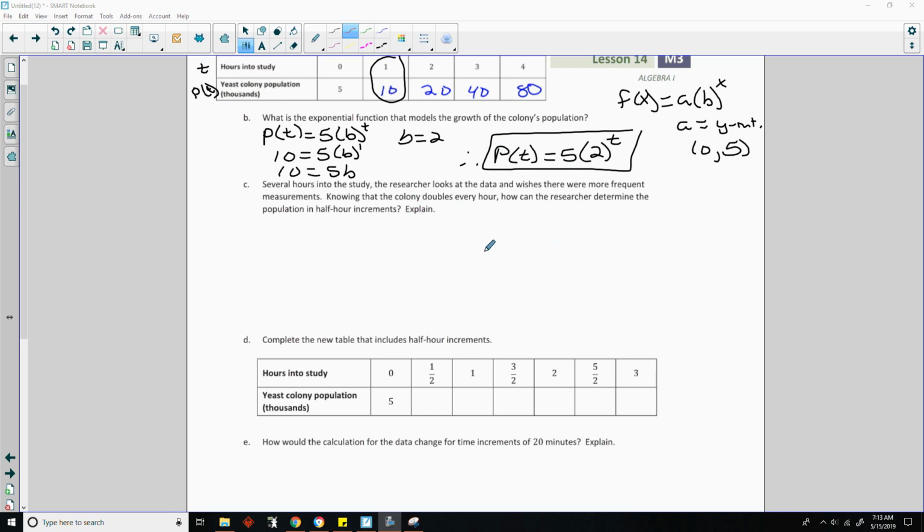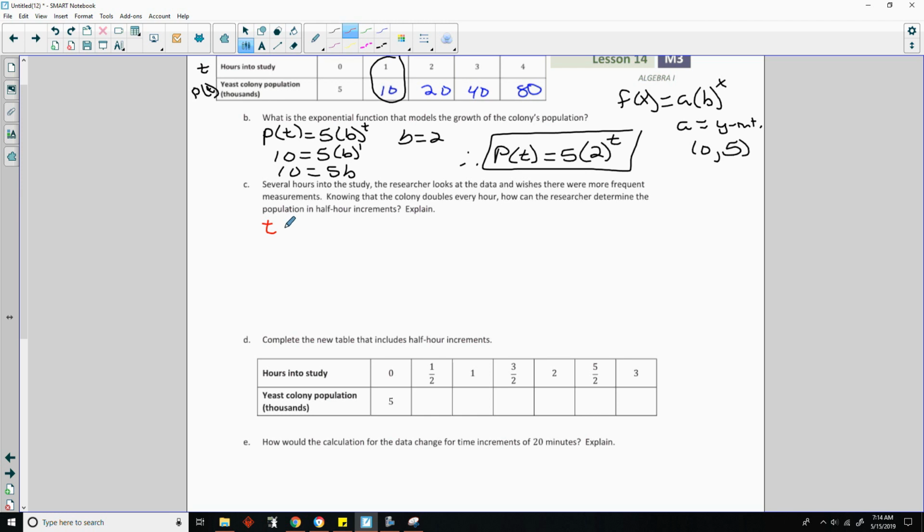So let x represent the factor by which the population grows in a half an hour. Since the population grows by the same factor in the next half hour, the population will grow by x squared in 1 hour. However, the colony's population doubles every hour. So in other words, if it doubles every hour,